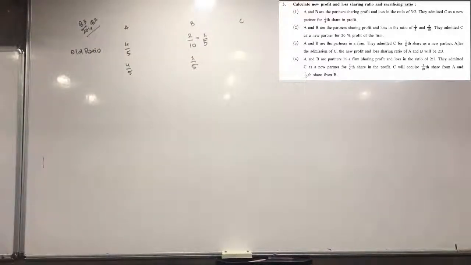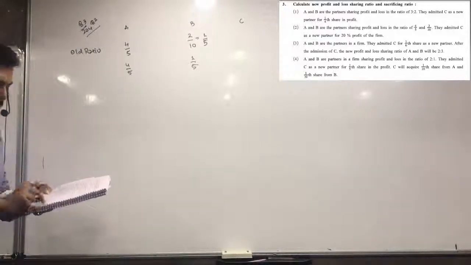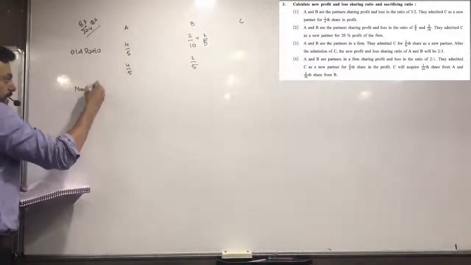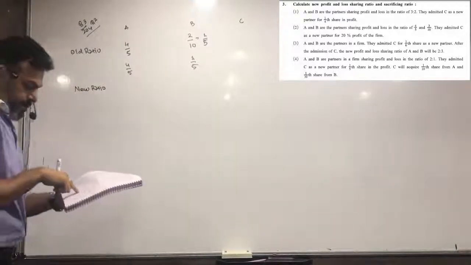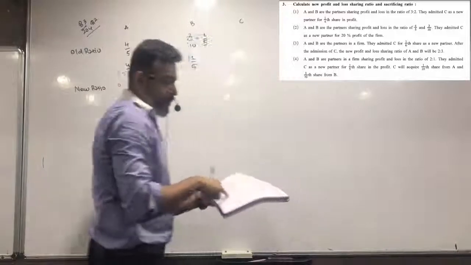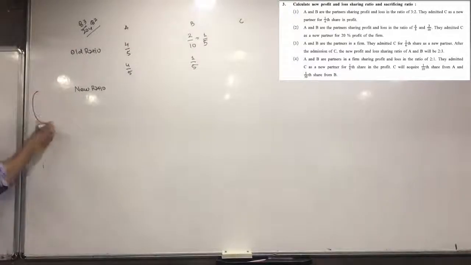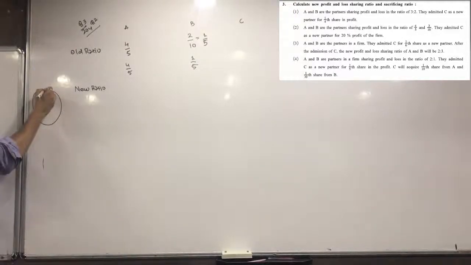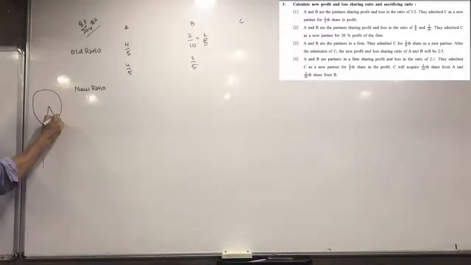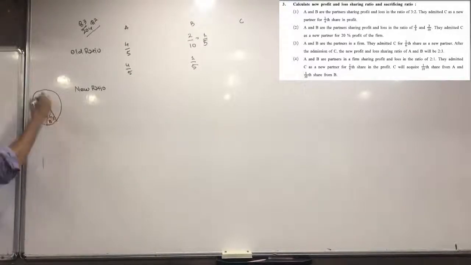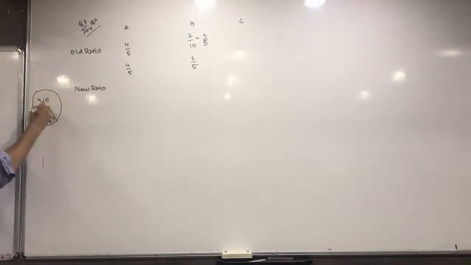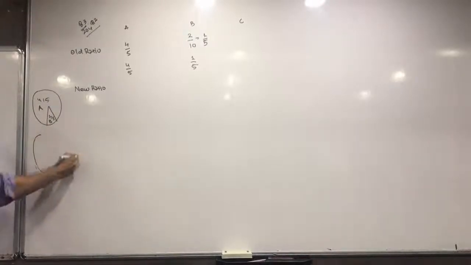Understood this? All of you? Okay. Now they admitted C. Now new ratio we have to find out because they admitted C as a new partner for 20% profit of the firm. यानी say for example this is the old arrangement. So over here 1/5 portion belongs to B and 4/5 portion belongs to A. When a new partner is going to come,